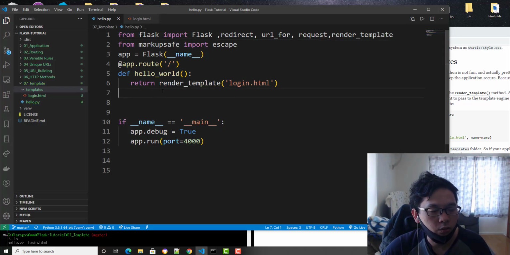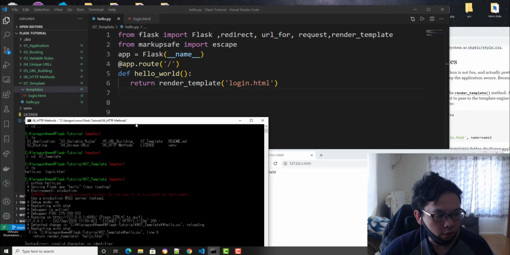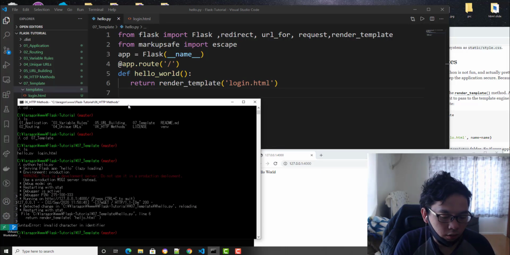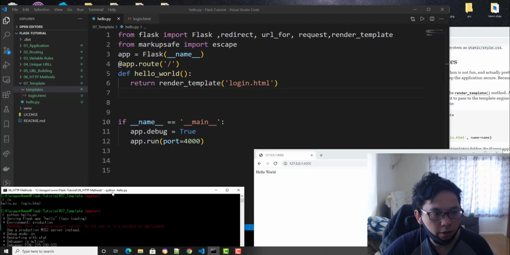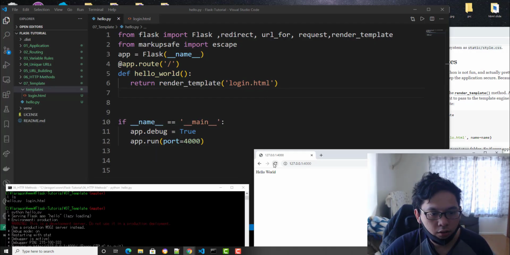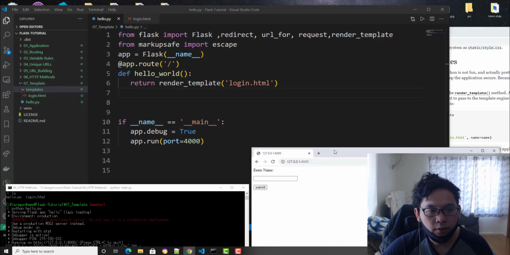Okay, so we solved that problem. We import that. And you know what? It's already running, right? Let's run our Python code. Okay, everything's running. I'm gonna refresh this, refresh that, and yeah. So this is how we're gonna render template.